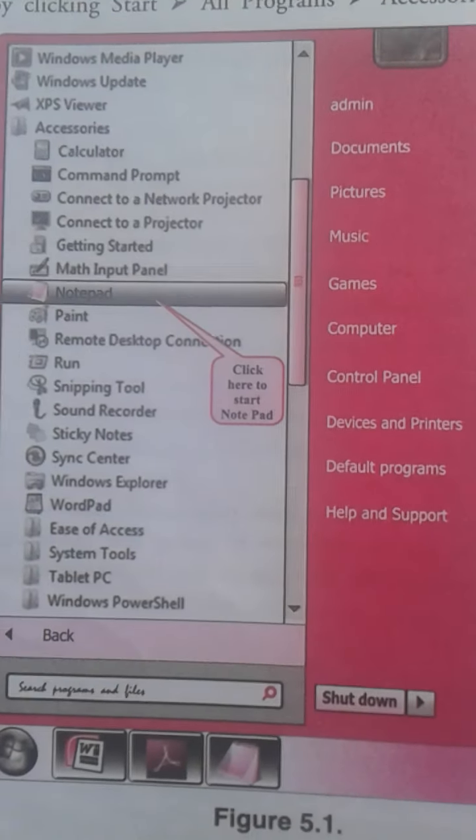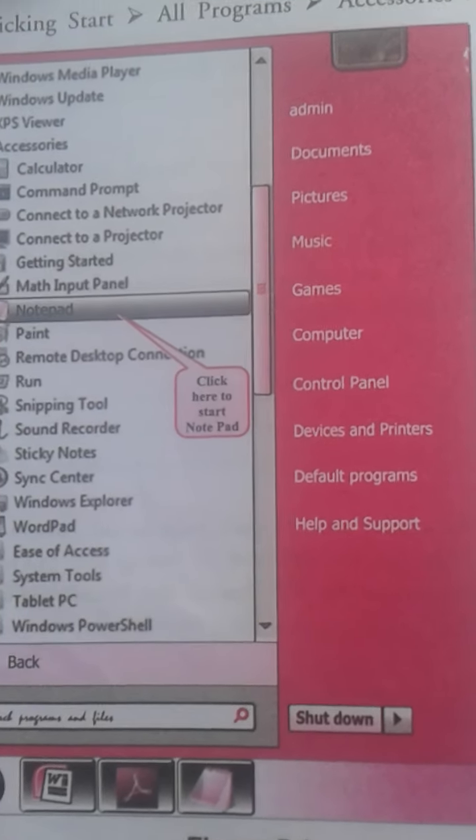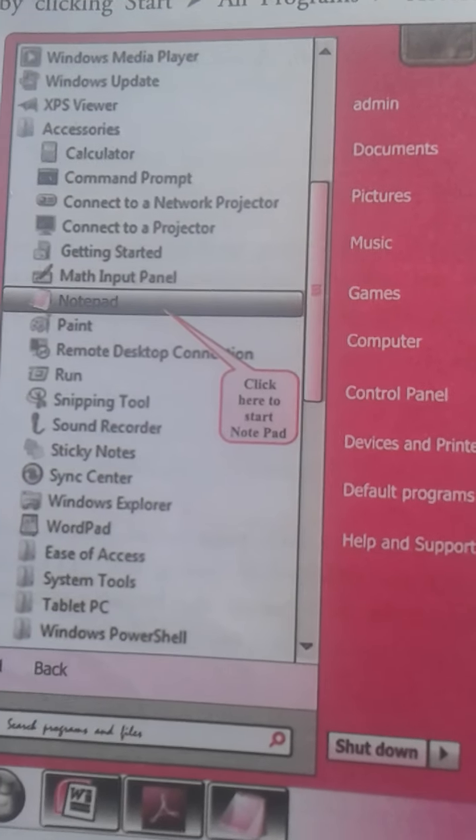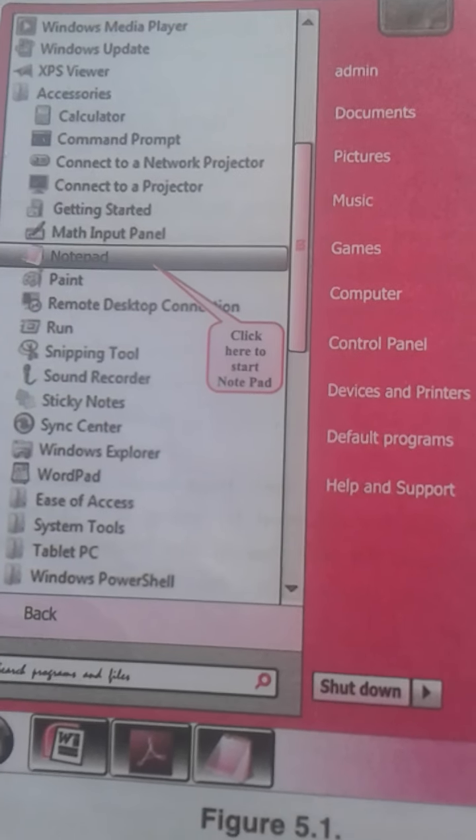And to create this type of headings, we have to start Notepad. So first of all, we shall have to know how to start Notepad.